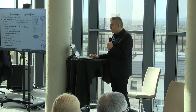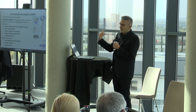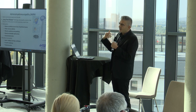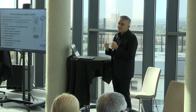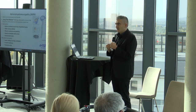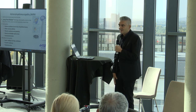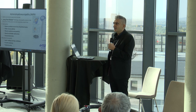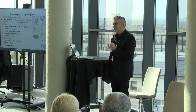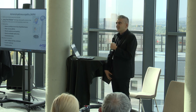The other symptoms that usually follow later, usually the sensory symptoms start first, and then the motor symptoms come a little later, is weakness. Weakness as a result of the muscles just not getting enough innervation from the nerves. And the biggest muscles in our bodies are our leg muscles. The biggest muscles in our bodies are the ones that are actually holding our hips, right? And so the glutes and the quadriceps, these are gigantic muscles. They get a lot of nerve innervation, and they are the ones, therefore, that start to get looser or weaker